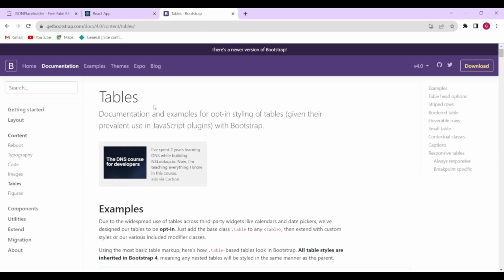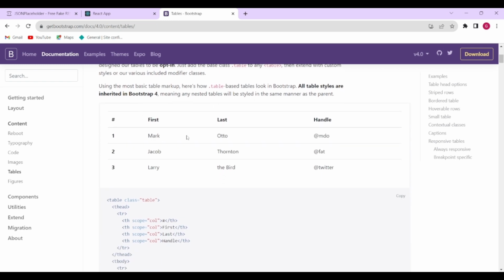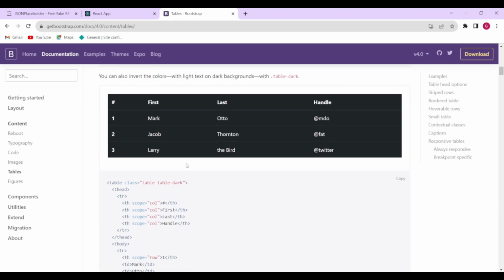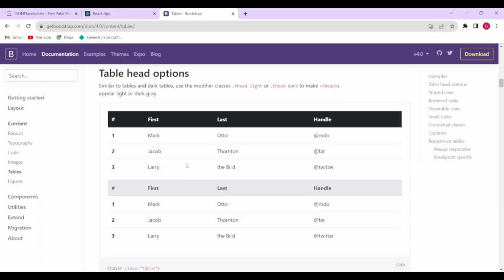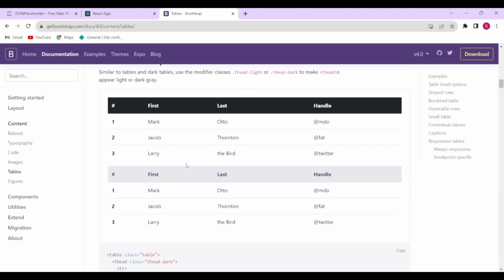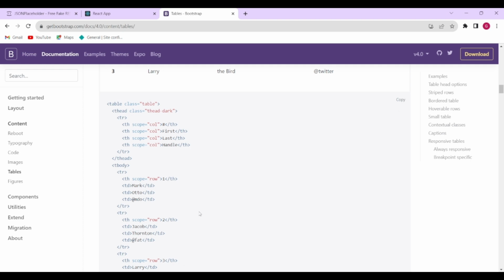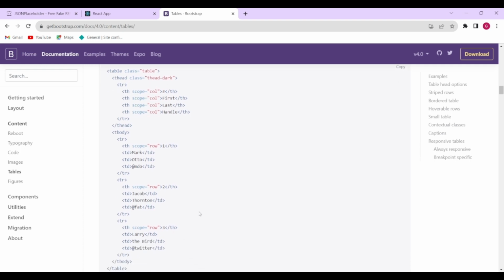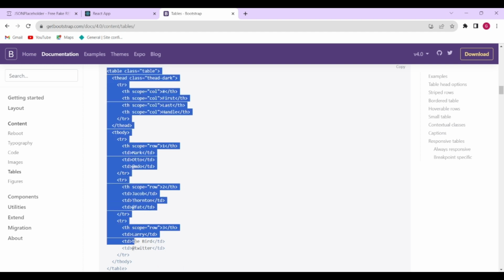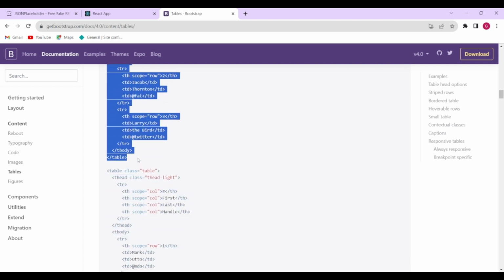Now let's go ahead to our Bootstrap documentation and see how we can write tables. They have given different forms of tables. You can choose whatever you like. I just want to see this one. This one looks good enough. So I'll go ahead and copy this. I'll do Control C,